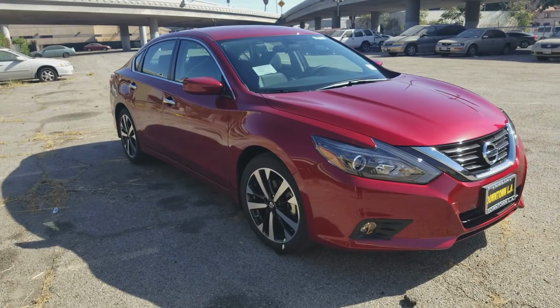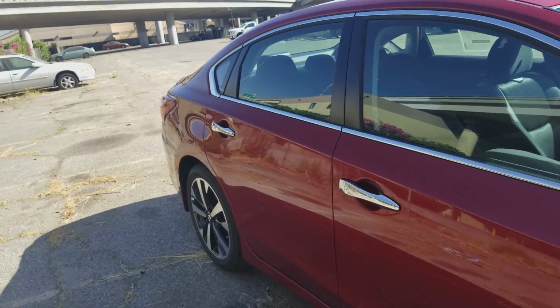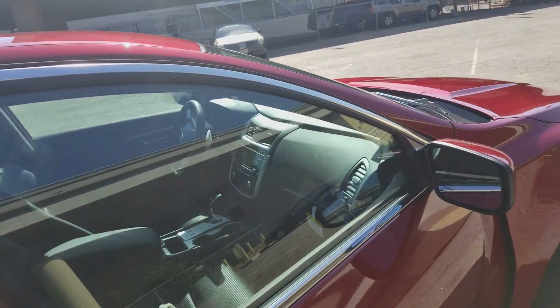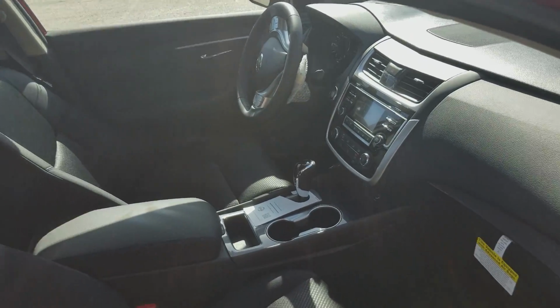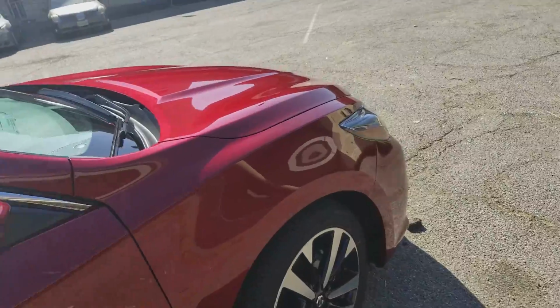done. Now I don't have all of the trim levels available at hand, so I cannot go trim level by trim level and give you an idea. So we're just going to have to use this SR and take it from there. Okay, but to start, let's start off with some of the most important safety features that is now standard on